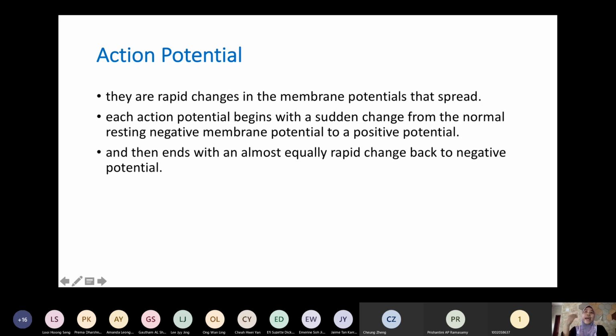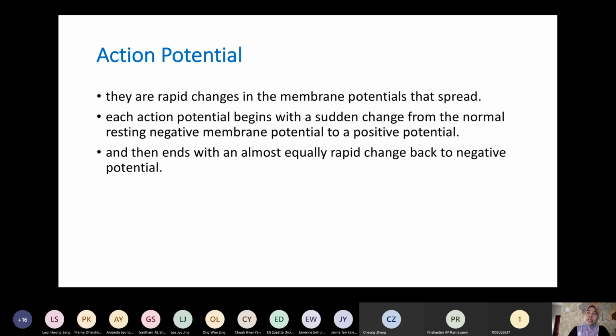So when we talk about the action potential, when there is a stimulus, this excitable tissue will start taking an action. So we call it the action potential. Just now we were talking about resting membrane potentials, and now we move to the stimulus. We give a stimulus and the cell will start to excite. At this phase, we call it the action potential.